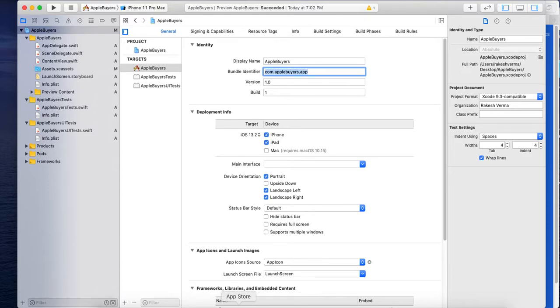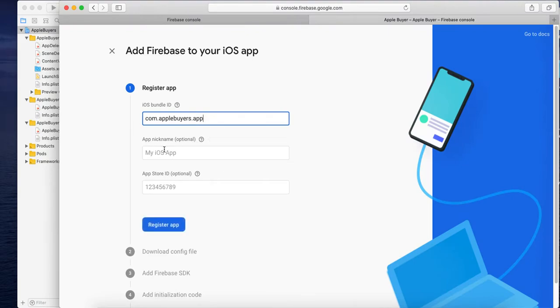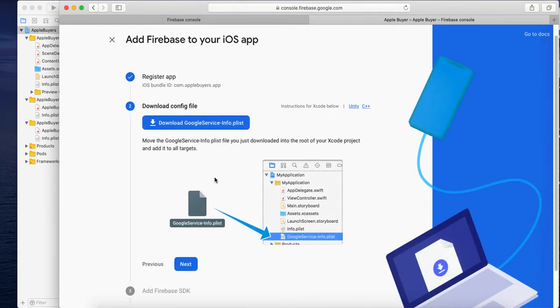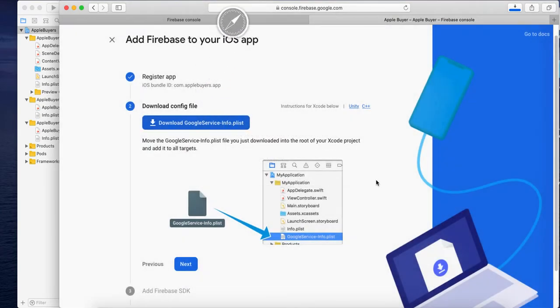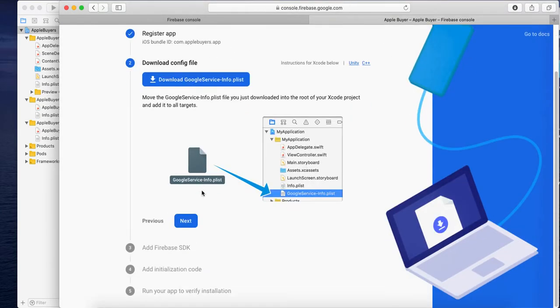So let's just add this one here and register app. These two options are optional, so we don't need to use them. So this is the Google Info.plist file. You can access this later, or you can download it right now.